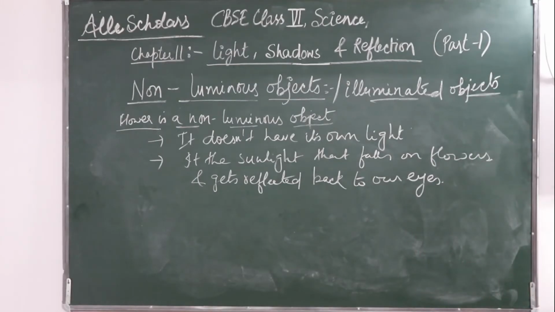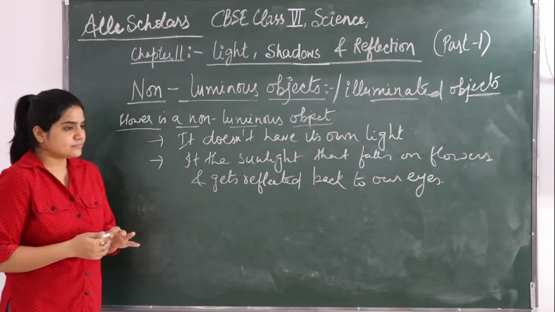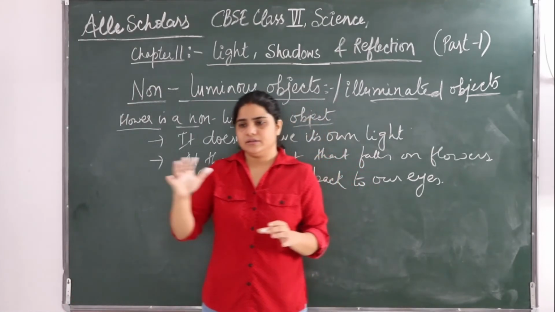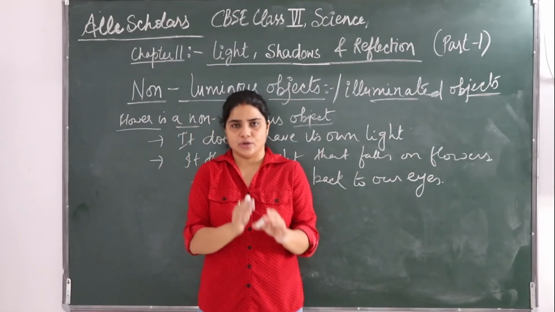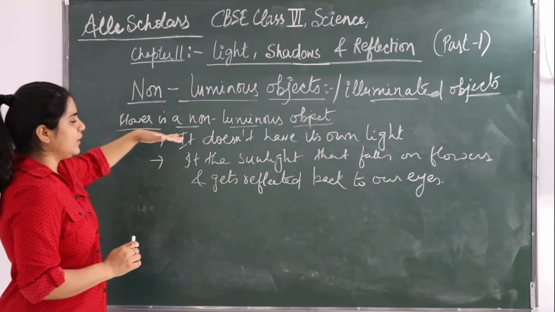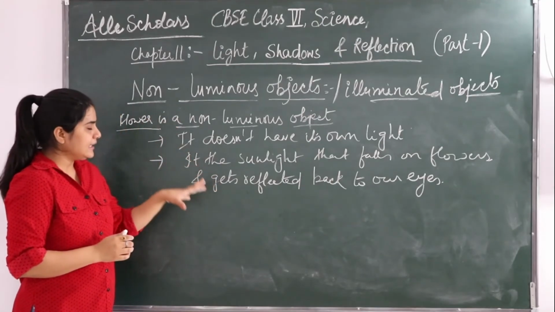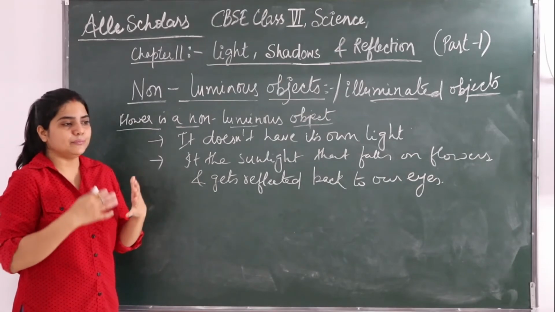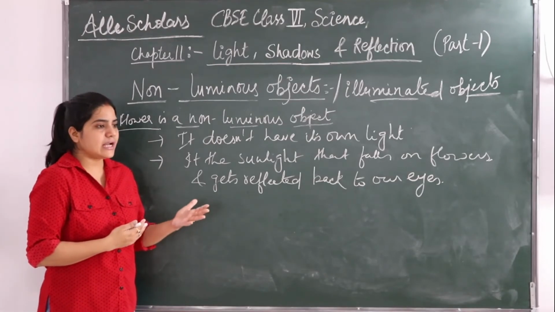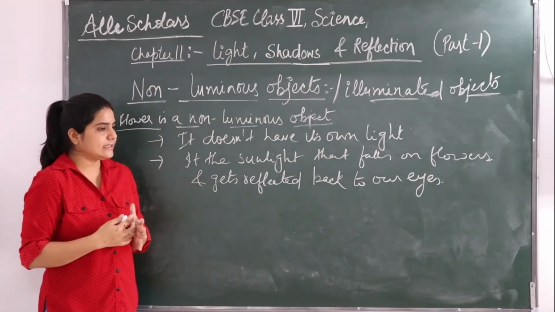So we can see many things kept in a room during the daytime on which sunlight does not fall. There are so many objects on which sunlight is not falling. Suppose this board is visible to us, but sunlight is not falling on it directly, but there is the light of a bulb or a tube light, that light is falling on it and it is getting reflected back to our eyes and we are able to see it. So all the objects outside the room scatter the sunlight falling on them in all the directions.